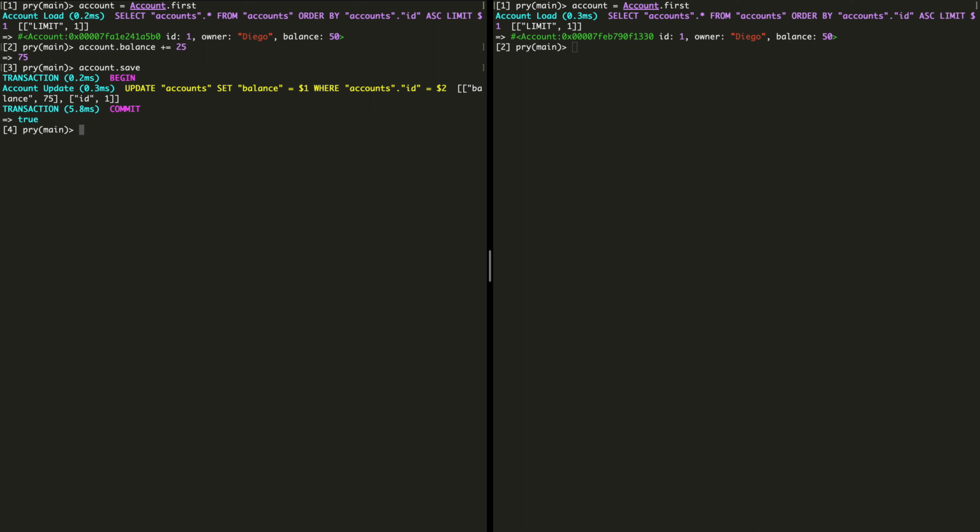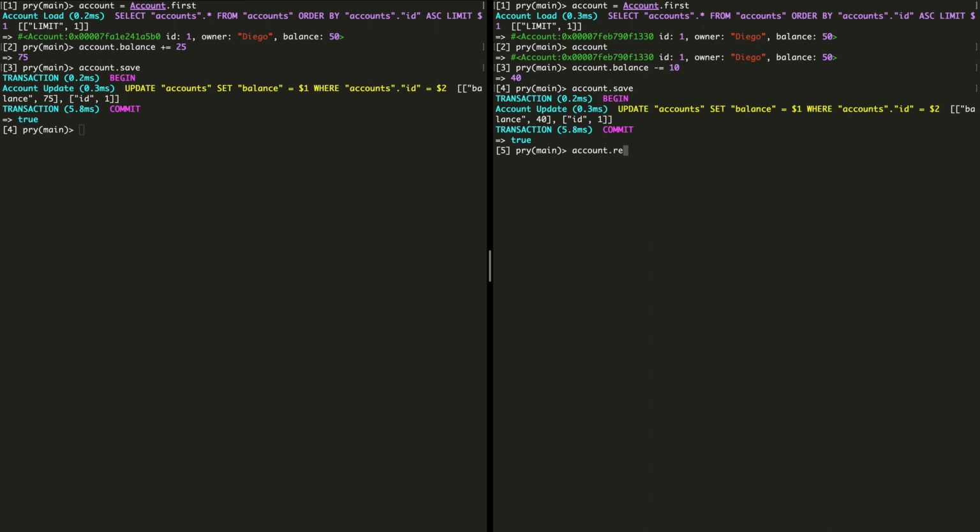At this point, the second process has already loaded the account in memory. As you can see, it still has $50 in balance. If it proceeds and withdraws $10 from the account, here's what happens. As you can see, the balance is now $40 instead of the $65 we expected, because the second process saved